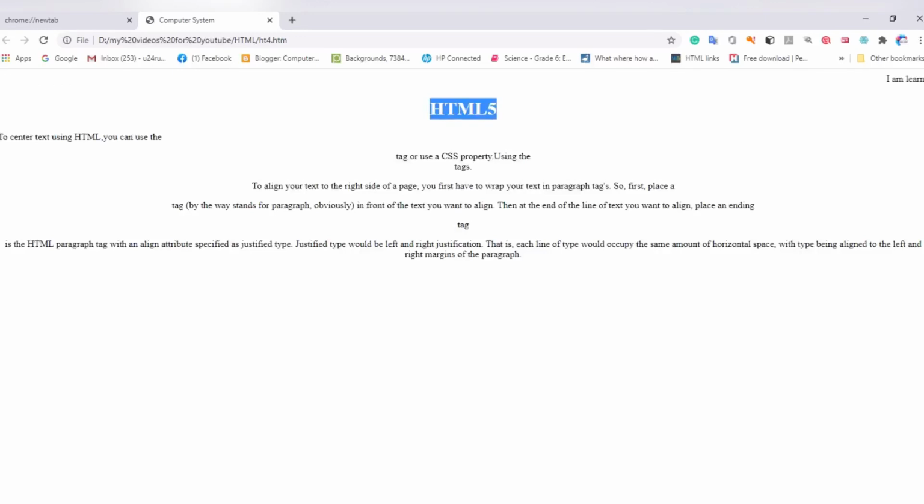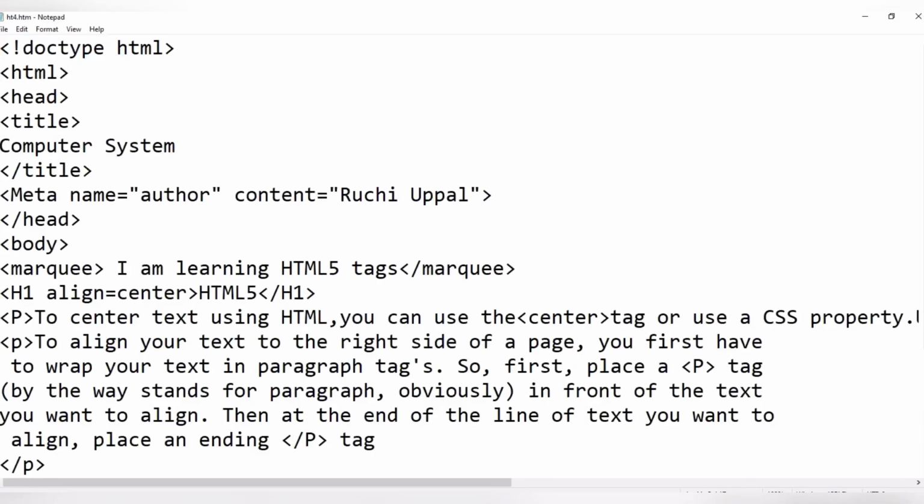Next is how to change the paragraph alignment. Yes, of course, you can do the paragraph alignment also here. For that, how many types of alignments do we have? Left, right, center, or justify. Clear? So in justify, what happens? It aligns on both the left and right margins. Paragraphs are left aligned by default. Whatever paragraph we have written, by default it will come on the left side.